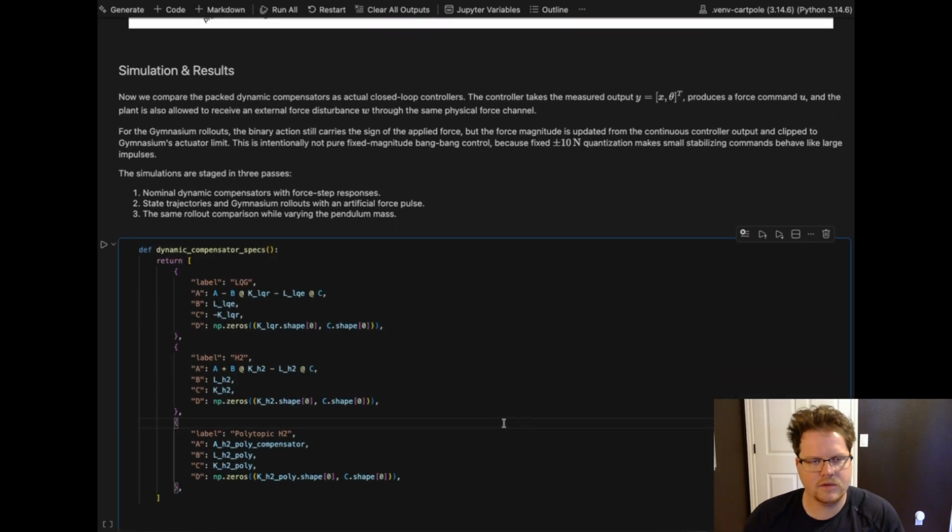All right, now this is the final piece: simulating and gathering some of these results. So the dynamic compensator is operating on the measurement x and theta that gets produced, and then we produce a force command U. We also have that disturbance channel W that goes through the same physical force channel U as mentioned above. And then the rollouts here, I mentioned it was kind of bang-bang, not purely bang-bang control. It's quantized, where the Gymnasium essentially just has these discrete commands, like 1 and 0 for left and right. And so